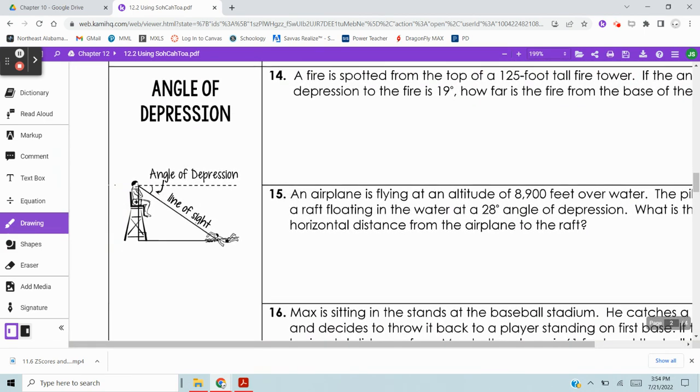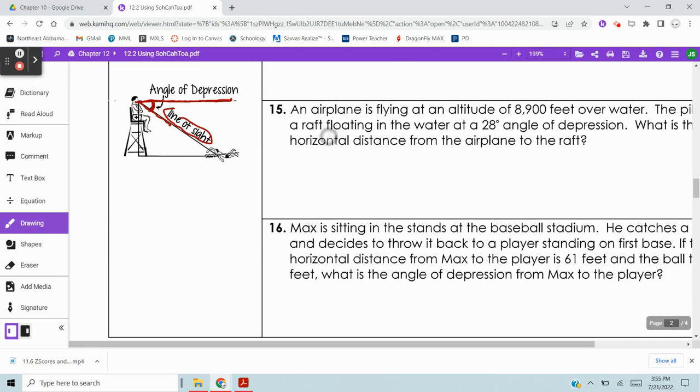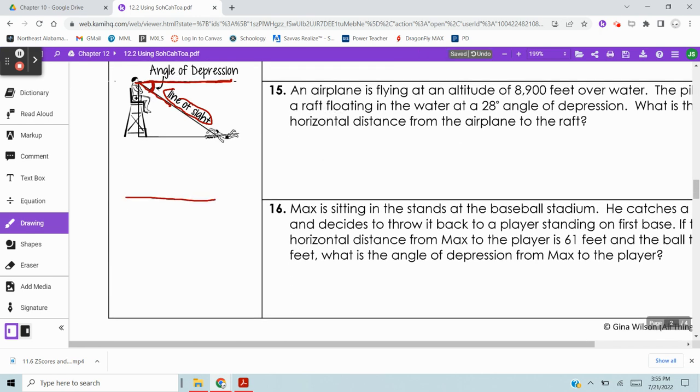So if you're on top of something, again, we're talking about from our line of sight. If from your line of sight you look downwards, then here's my line of sight now. That is called your angle of depression. Now, I do want to remind you of something